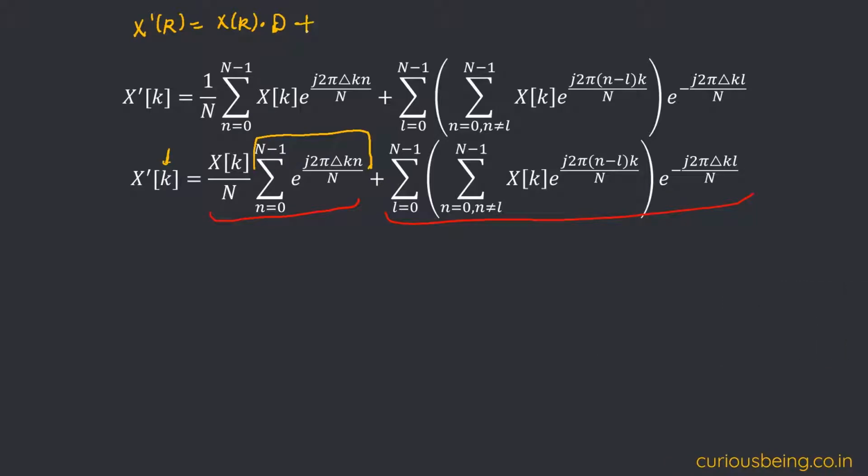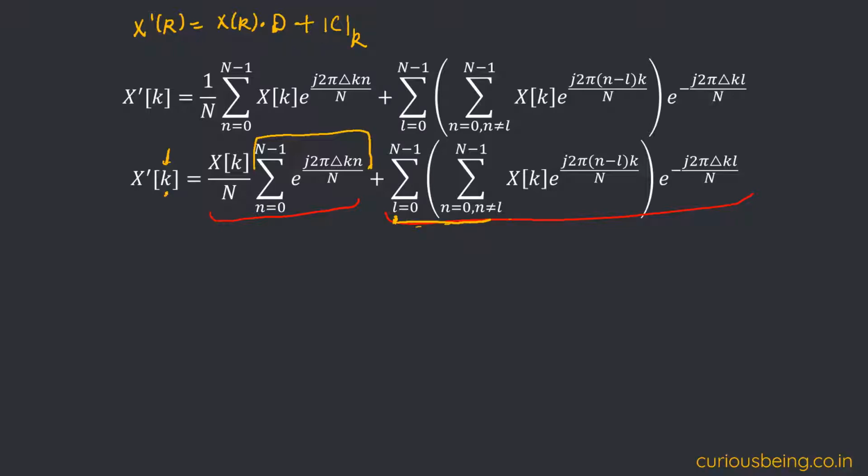Plus, what about this term? This term will actually depend on K, and it also depends on some other frequency components, because L here is also representing the frequency. For example, if K is equal to 0, then L will range from 0 to N minus 1. So this term is bringing other frequency components into the picture when we are only talking of frequency point K. So this is actually intercarrier interference. I am writing it as ICI below, which is specific to the kth subcarrier.